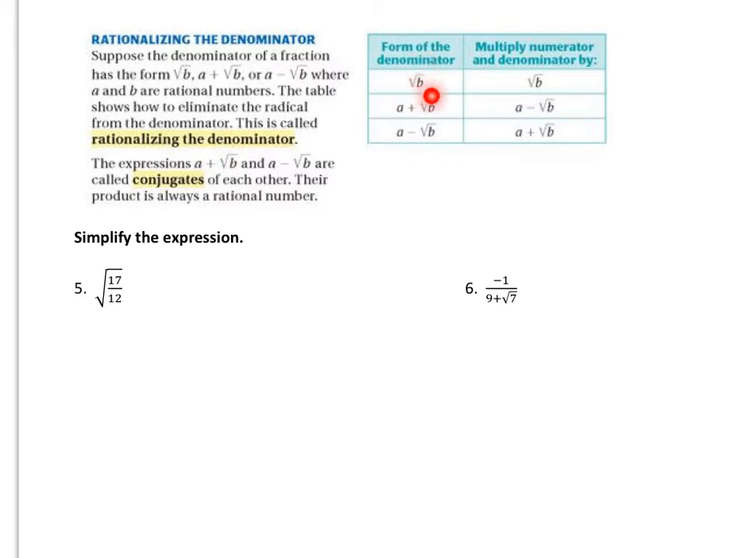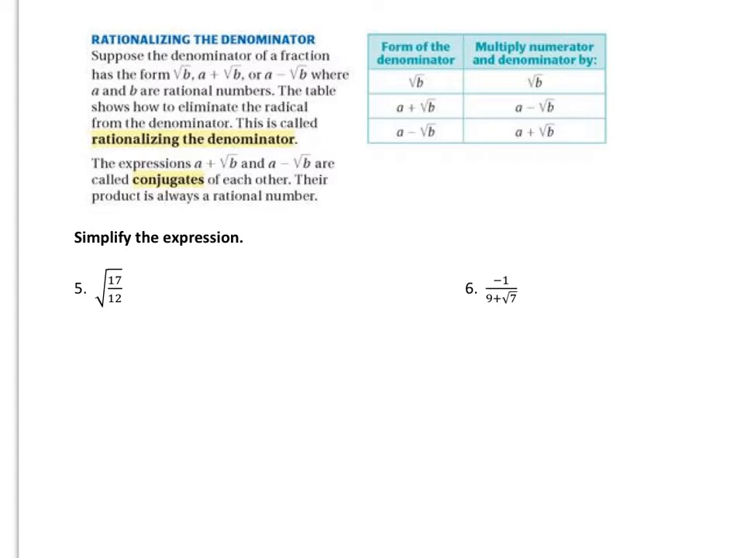So if it's just square root b, you multiply by itself. If it's a plus the square root of b, you multiply by a minus the square root of b. If it's a minus square root of b, you multiply by a plus square root of b. The expressions a plus square root of b and a minus square root of b are called conjugates of each other. Their product is always a rational number. Okay, so